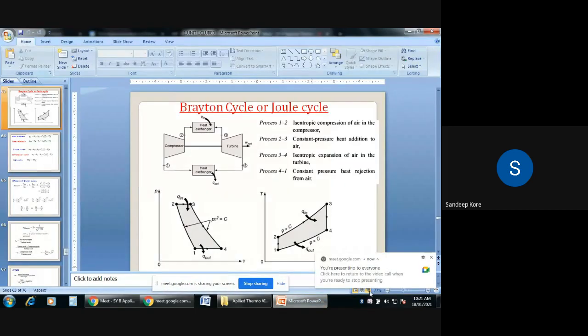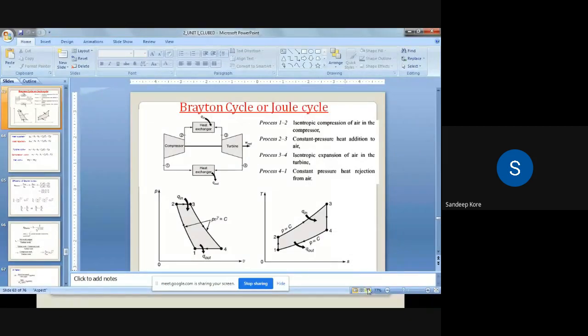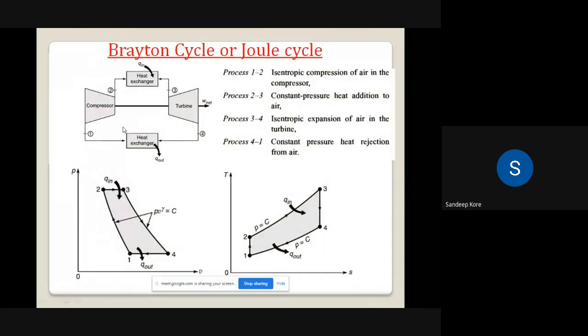So this is the Brayton cycle. I'm just revising within 2 minutes, and then we will go to the numerical. In the Brayton cycle, there are four main components. One is the compressor, generally a rotary compressor. Then we have a combustion chamber in which the heat is supplied. Then we have the turbine where the heat is extracted, which gives the output power. And lastly, we may have a heat exchanger for a closed system, or directly in the case of the aircraft industry, the gases come out from the nozzle to give the thrust.